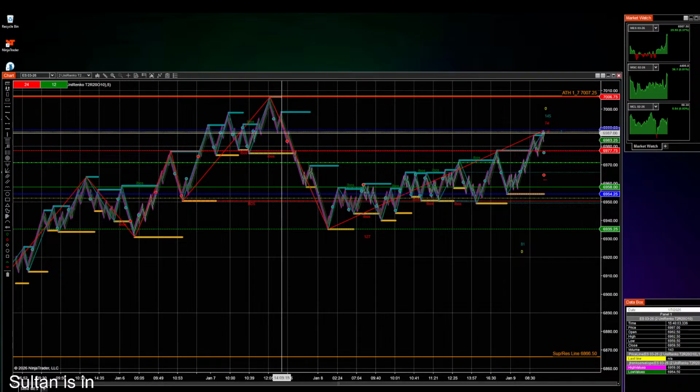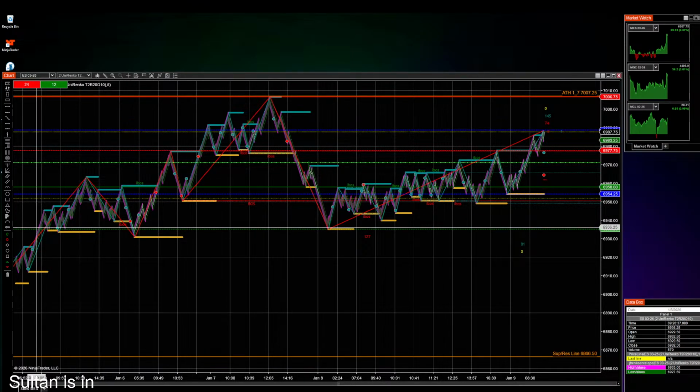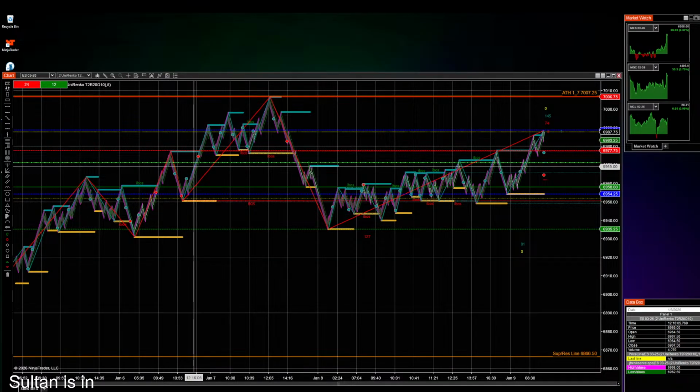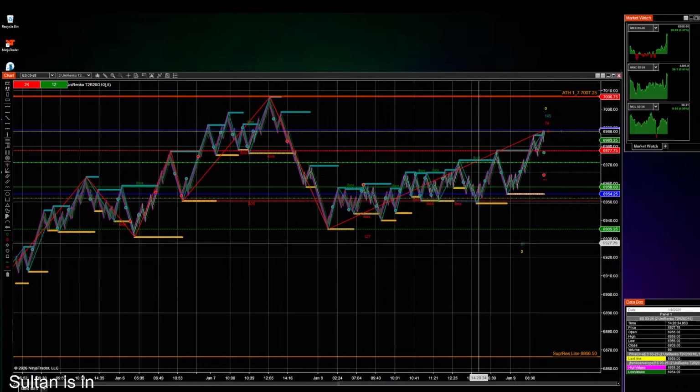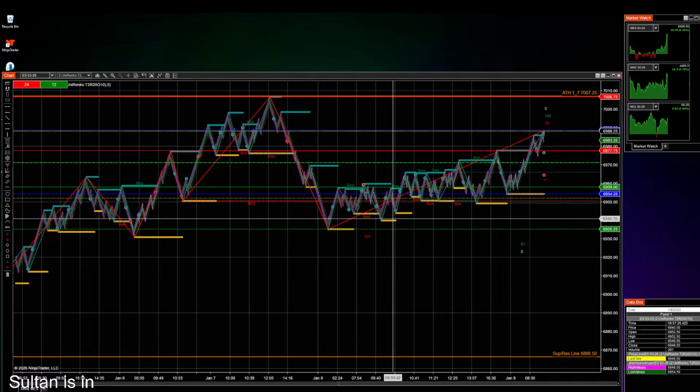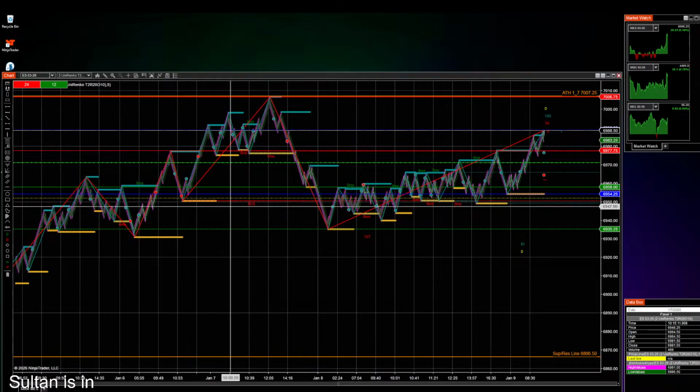I have three different trends here. I have a major trend in red, I have a minor trend in teal, and of course price here. I did have a third one, but I've decided to use price as the third one, which I'm going to call the minor trend. And as you can see,